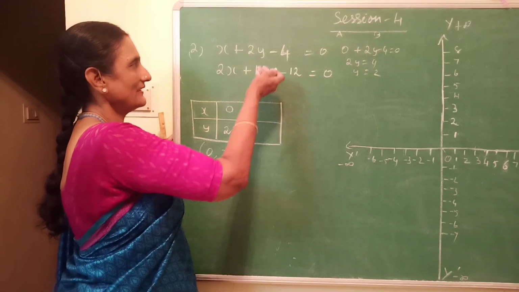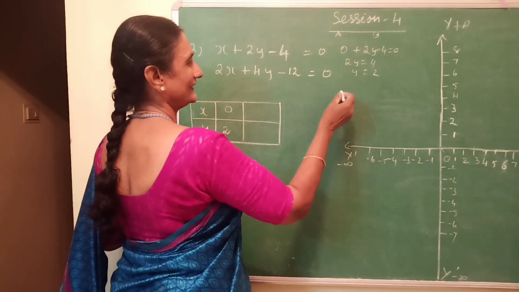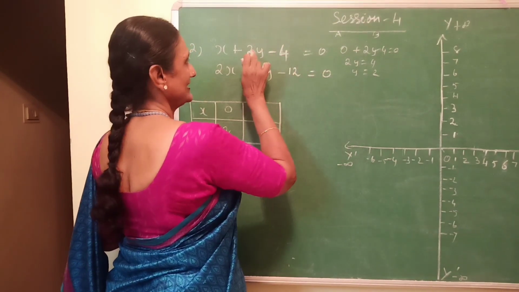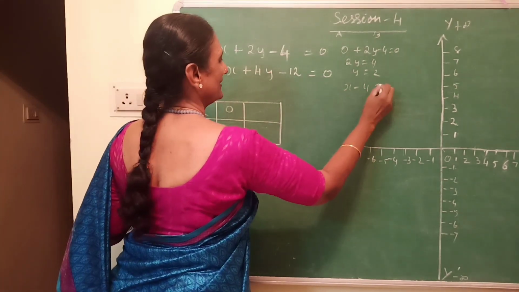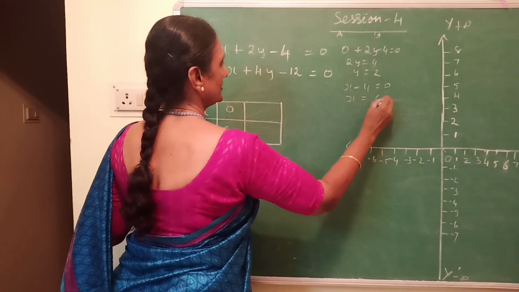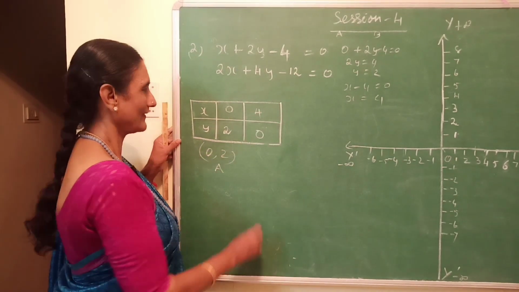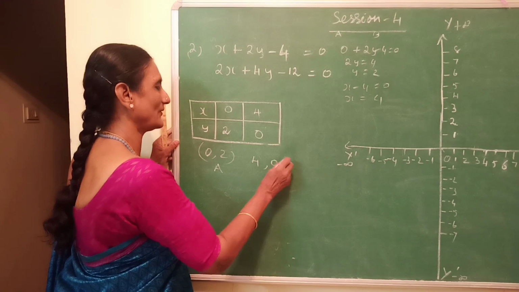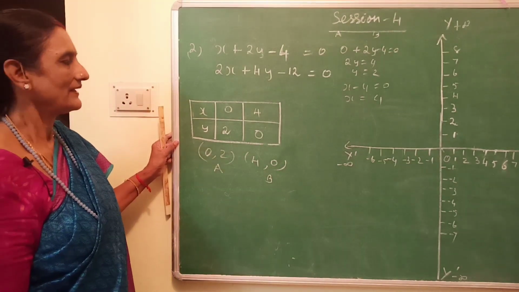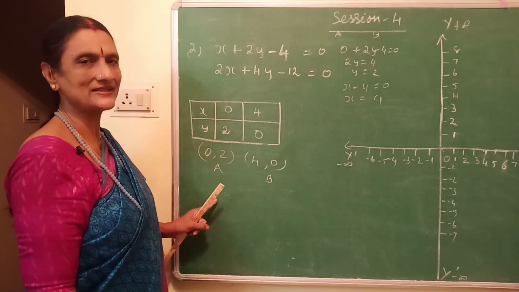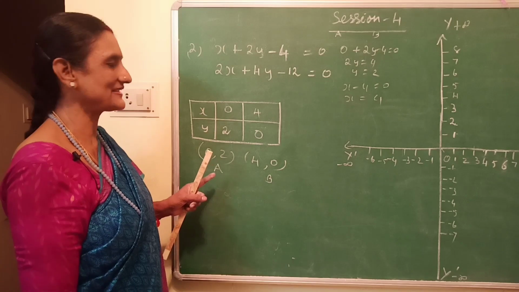Now I will take y as 0. So it is easier if you do it this way. 2 into y, 0. So x minus 4 equal to 0, which will give you x equal to 4. So y 0 means x is equal to 4. So (4, 0) is the other point. Let us take these two. Okay. Now with these 2 points, let us plot the straight line on the graph and see what kind of